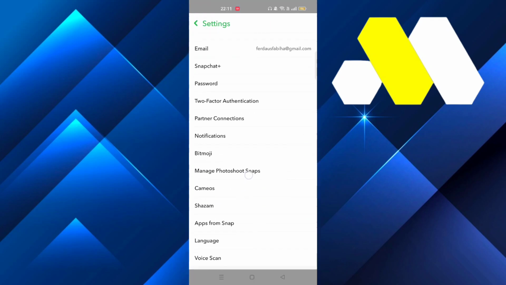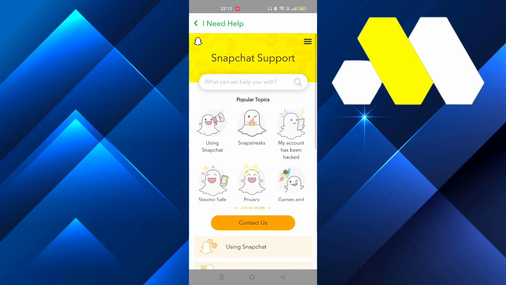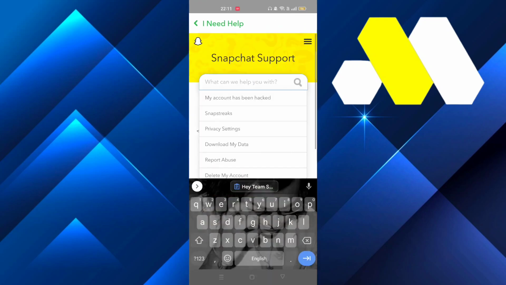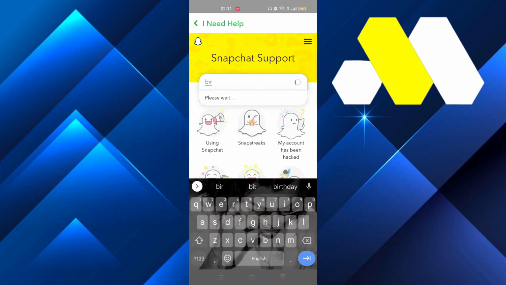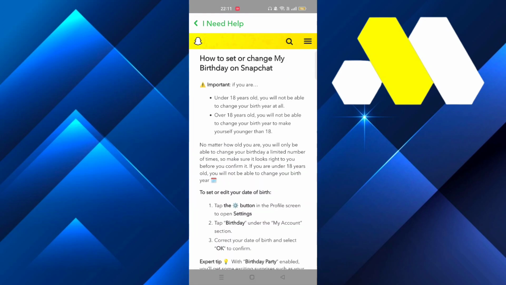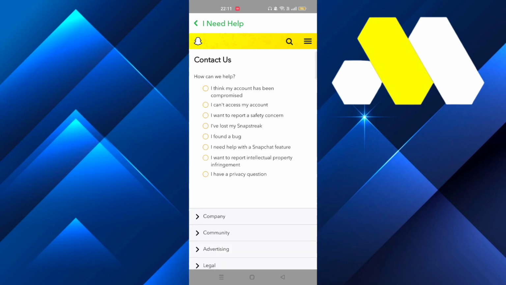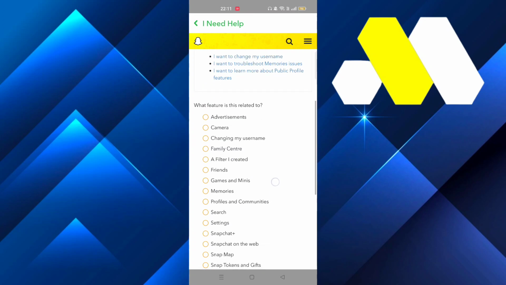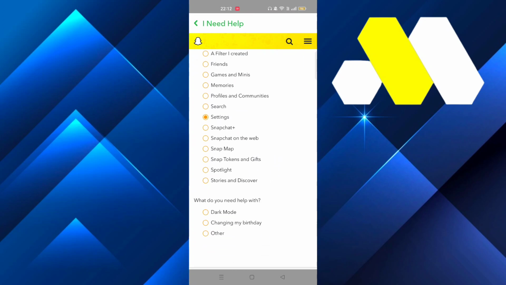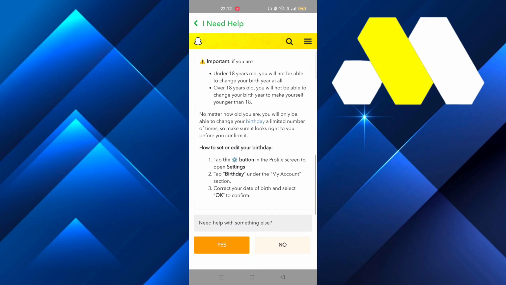to settings. From there scroll down until it says I need help. Then click on birthday. From there click on yes. Then say I need help with the Snapchat feature and then settings and then changing my birthday. And then click on yes again